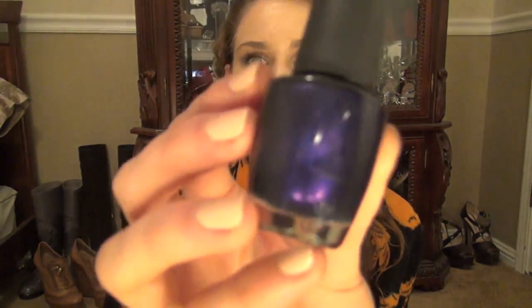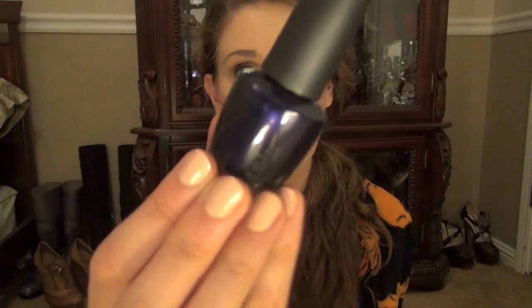Also, if you're more of an edgy person, this is one called Russian Navy. This is by OPI. It is stunning. It's kind of like this Aurora Borealis blue and purple is how I would describe it, or like Caribbean Calypso,